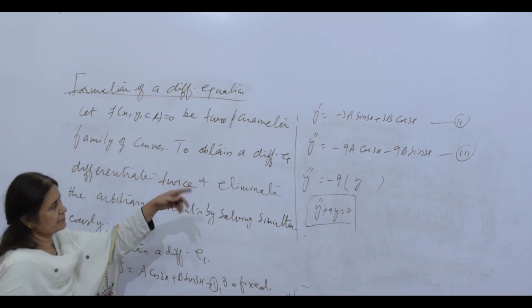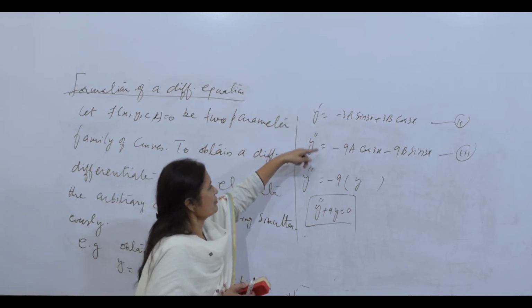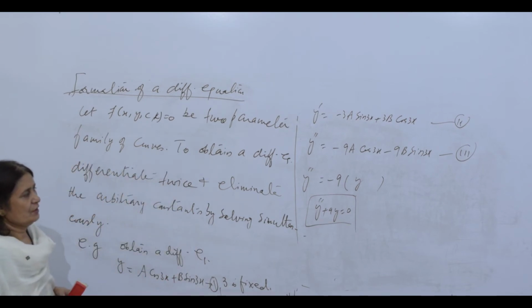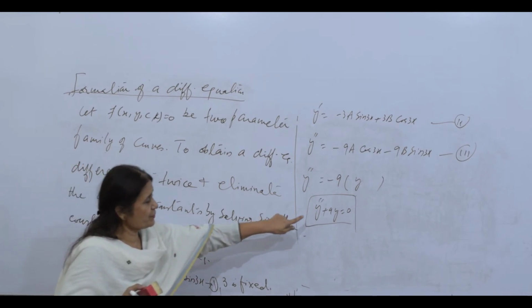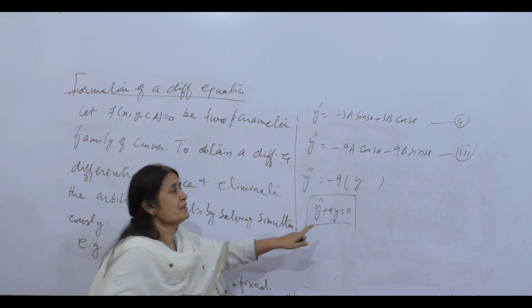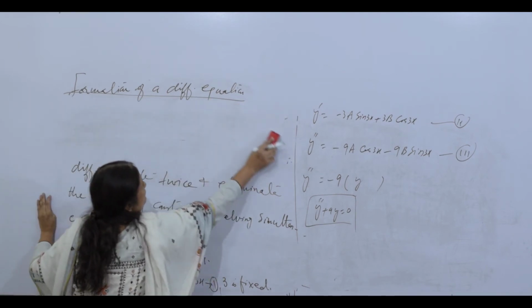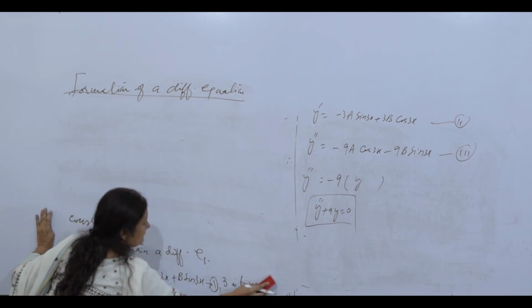So solve them simultaneously. It does not involve that. So you can take minus common and do something like that. So if there are three constants, differentiate thrice and solve them simultaneously so that your differential equation does not have any parameter in it, A, B, C, something like that. So these two equations I have solved, and a couple of follow-up questions you will solve sometime later.